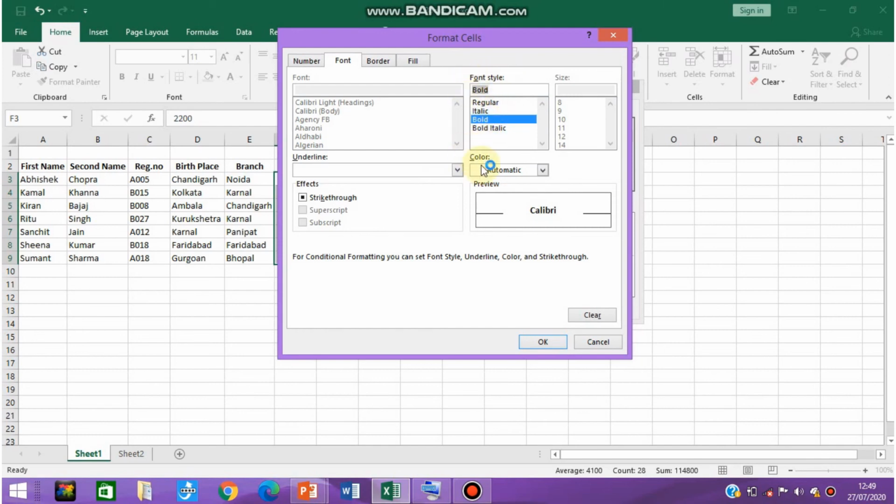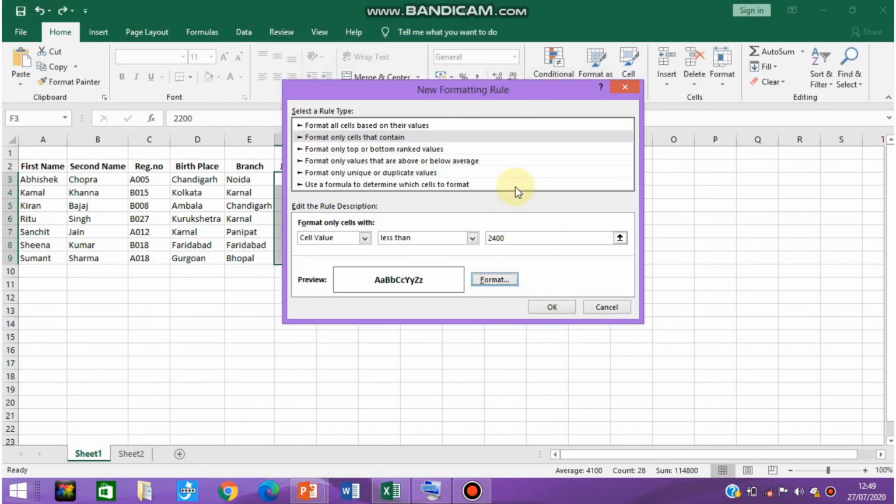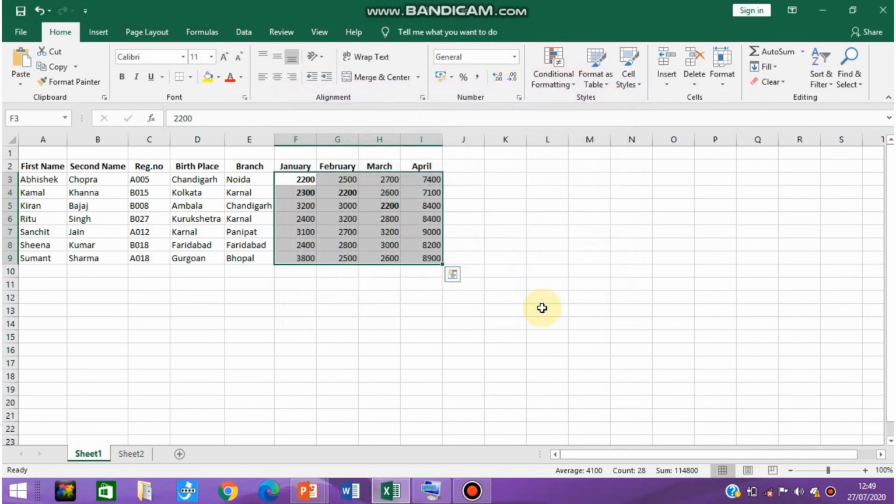Here the Font Style dialog box is there. Select bold. Click OK. Again the New Formatting Rule dialog box appears. Click OK again, and you will see that in the data from January to April the values that are less than 2400 have been turned to bold.